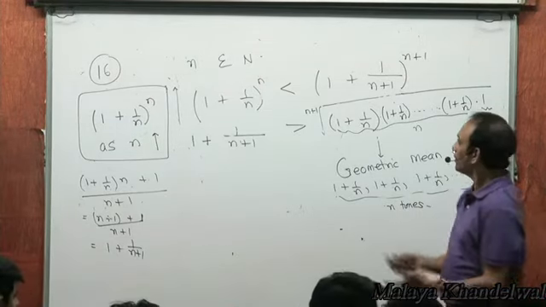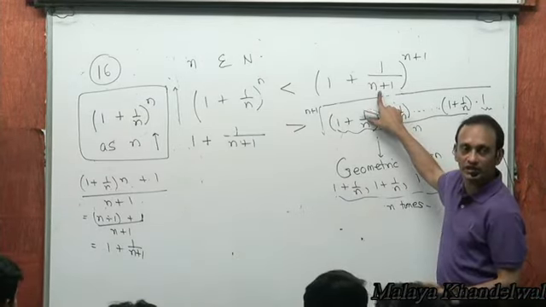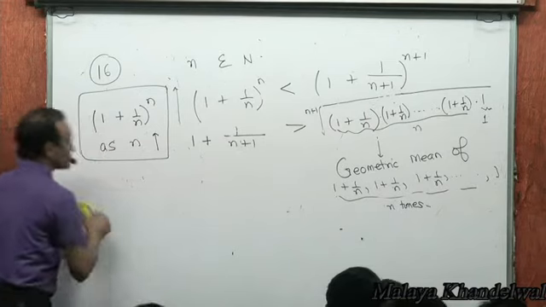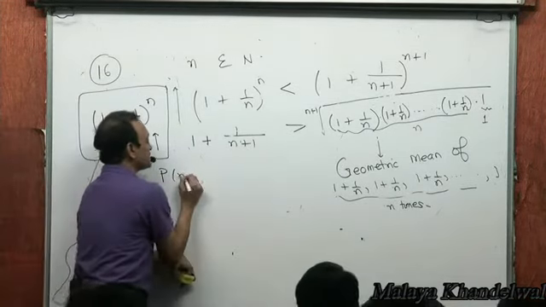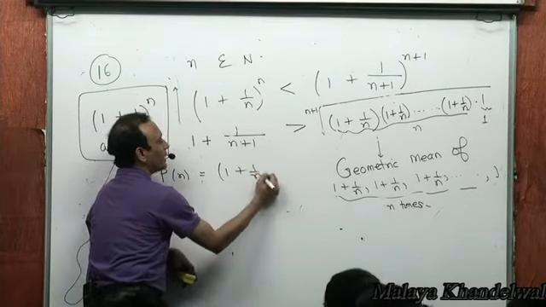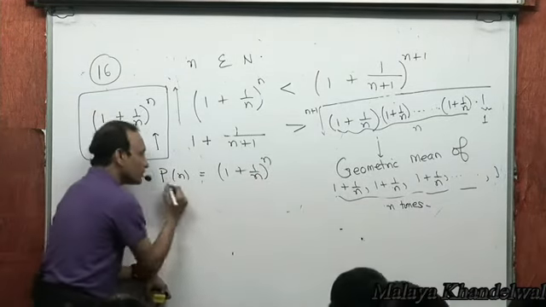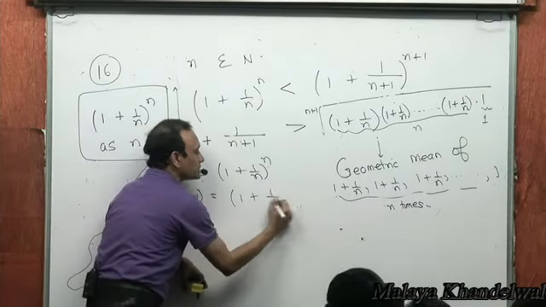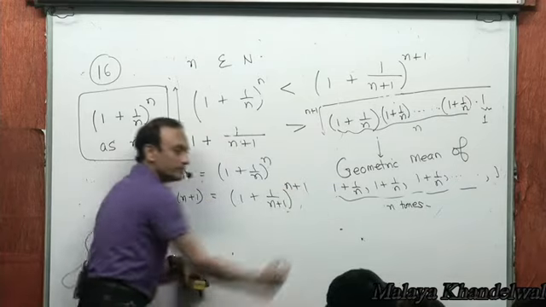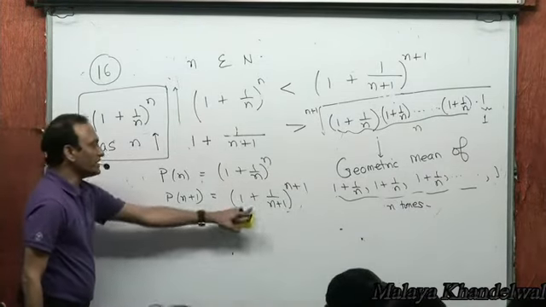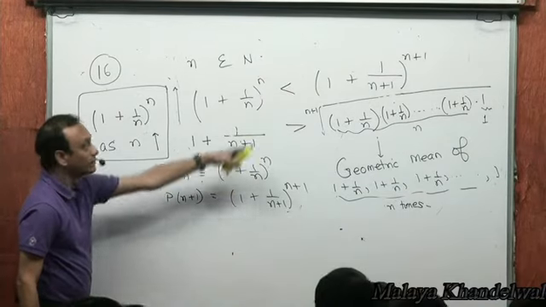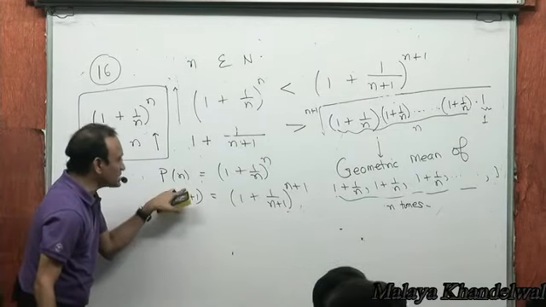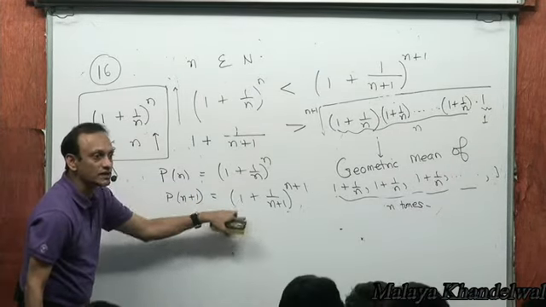Oh, this is the value of n. This is an increased n, isn't it? Okay, look at it like this. I think it's only about symbolism. Let me call this expression Pn: 1 plus 1 by n to the power n. Then the same expression on the right hand side is Pn plus 1, isn't it? 1 plus 1 by n plus 1 to the power n plus 1 is the right hand side. Is the right hand side more than the left hand side? Yeah, Pn plus 1 is more than Pn, isn't it? That means as n has been increased, Pn increases. Yes or no? Got me?